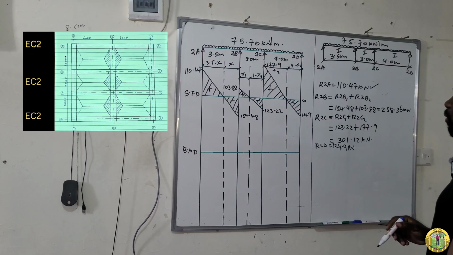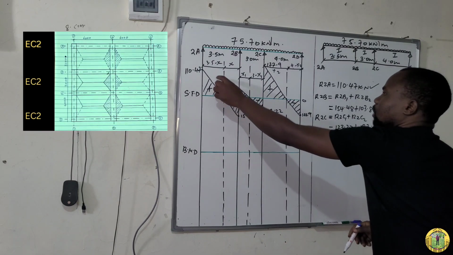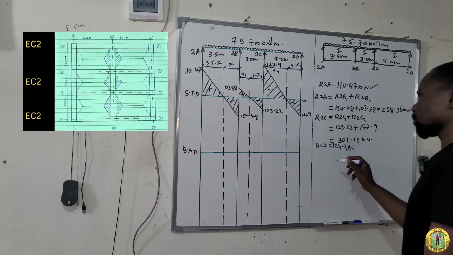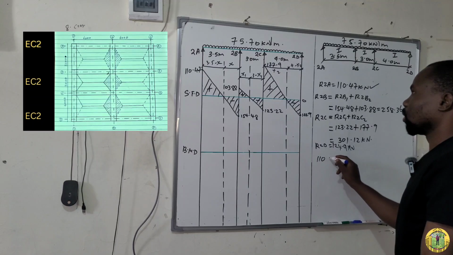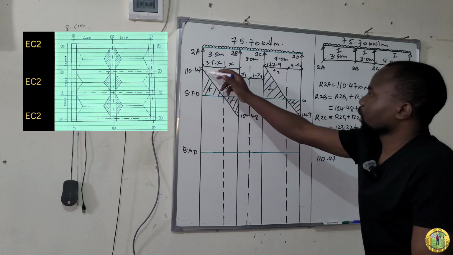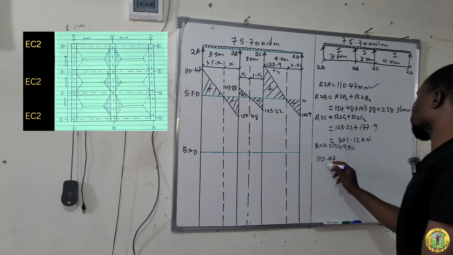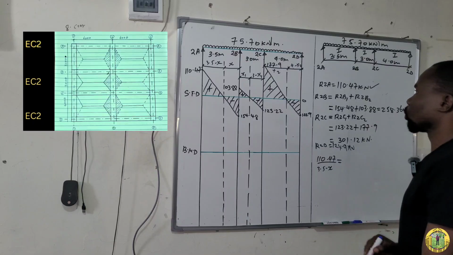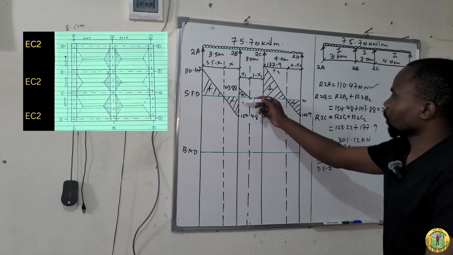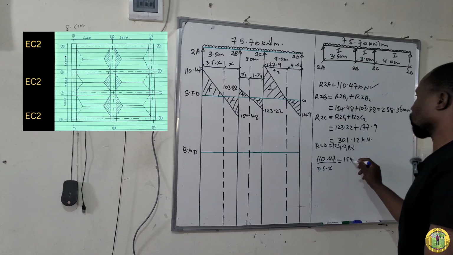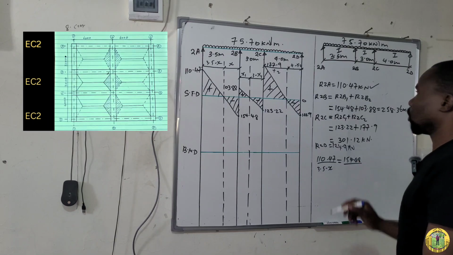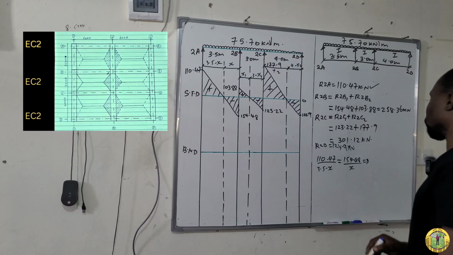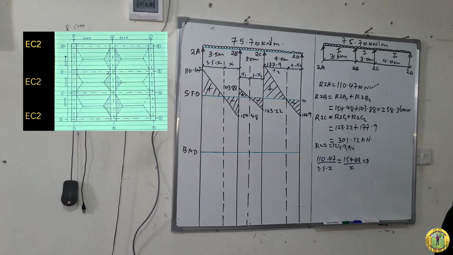You can use similar triangles. For this triangle, we compare with this one. So we'll have 110.47, this is the height, and then over 3.5 minus X is equal to this height from here to here, 154.48 over X. Then you cross multiply, which implies X is equal to